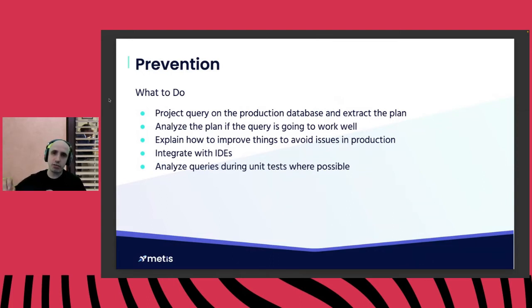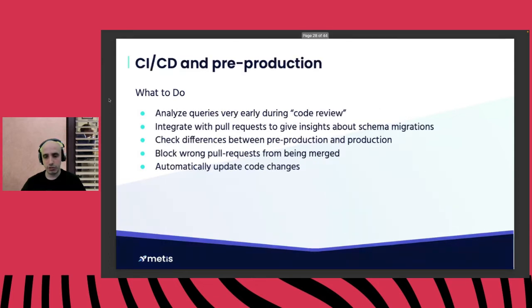We would like to project the query onto the production, integrate with developers' IDEs, their environments, and analyze how those queries execute. In order to do that, we need to build the observability in the developers' environments and also in CI/CD pipelines. We want to analyze those things as a way of doing automated code reviews for our developers. This way, they can not only test their code with unit tests that will focus on whether we read and write the proper data, but they will also get insights like, okay, your query works well when